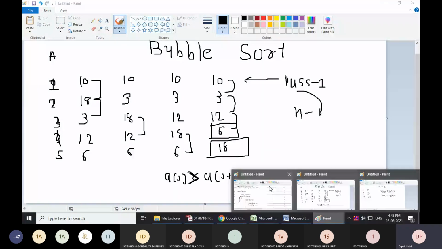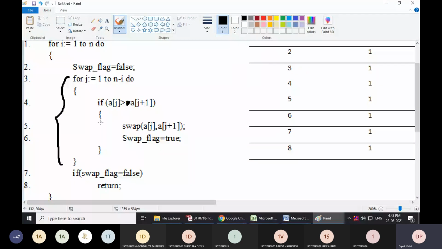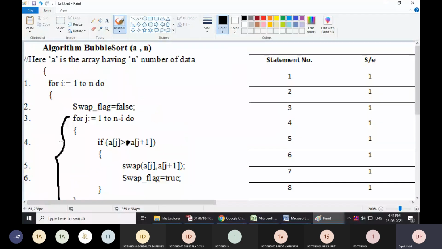But if you write 1 to n, then if i is n, n minus n is 0, so it won't go inside the for loop and has to come out of this for loop. So even that is useless. So you may write n minus 1. The number of passes should be n minus 1.